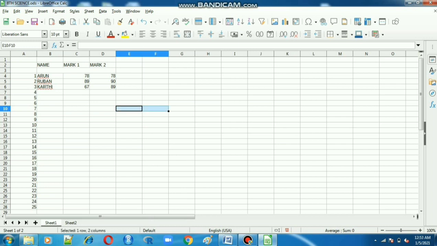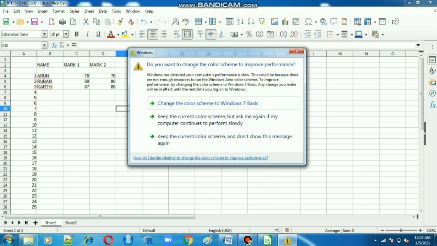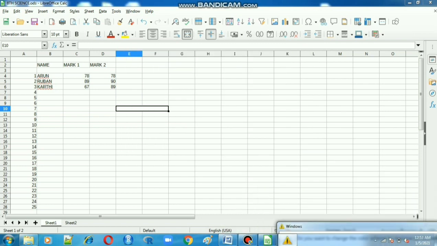Select those two cells, click the merge icon, and they will be merged. Here itself I have to use a text formula. Before using a formula, you must put the equal sign.